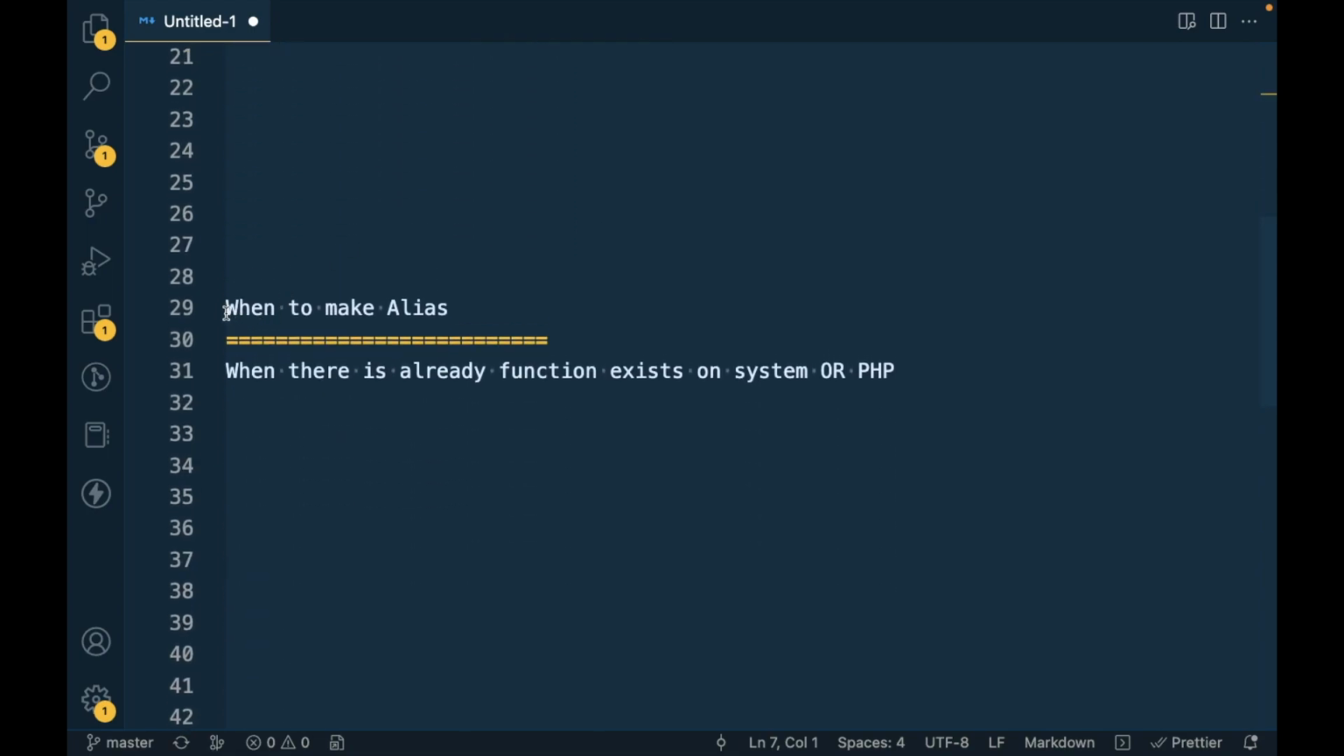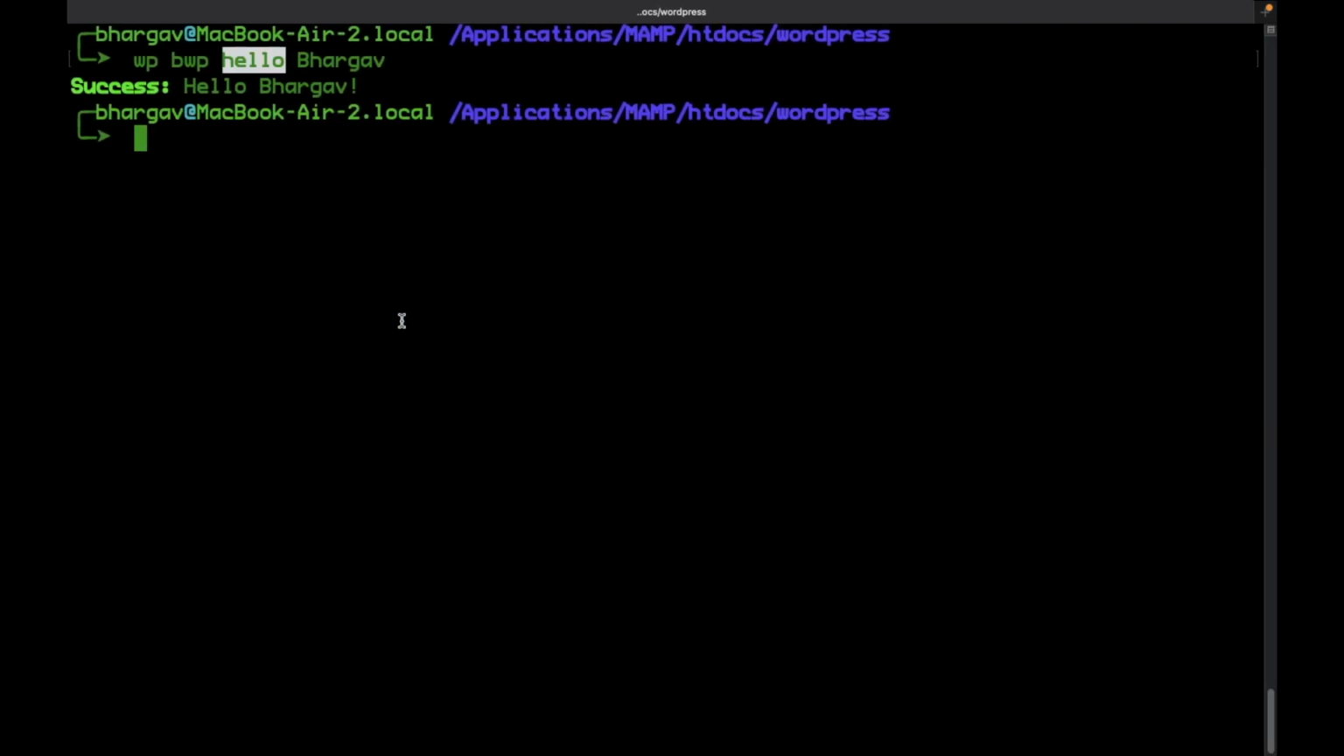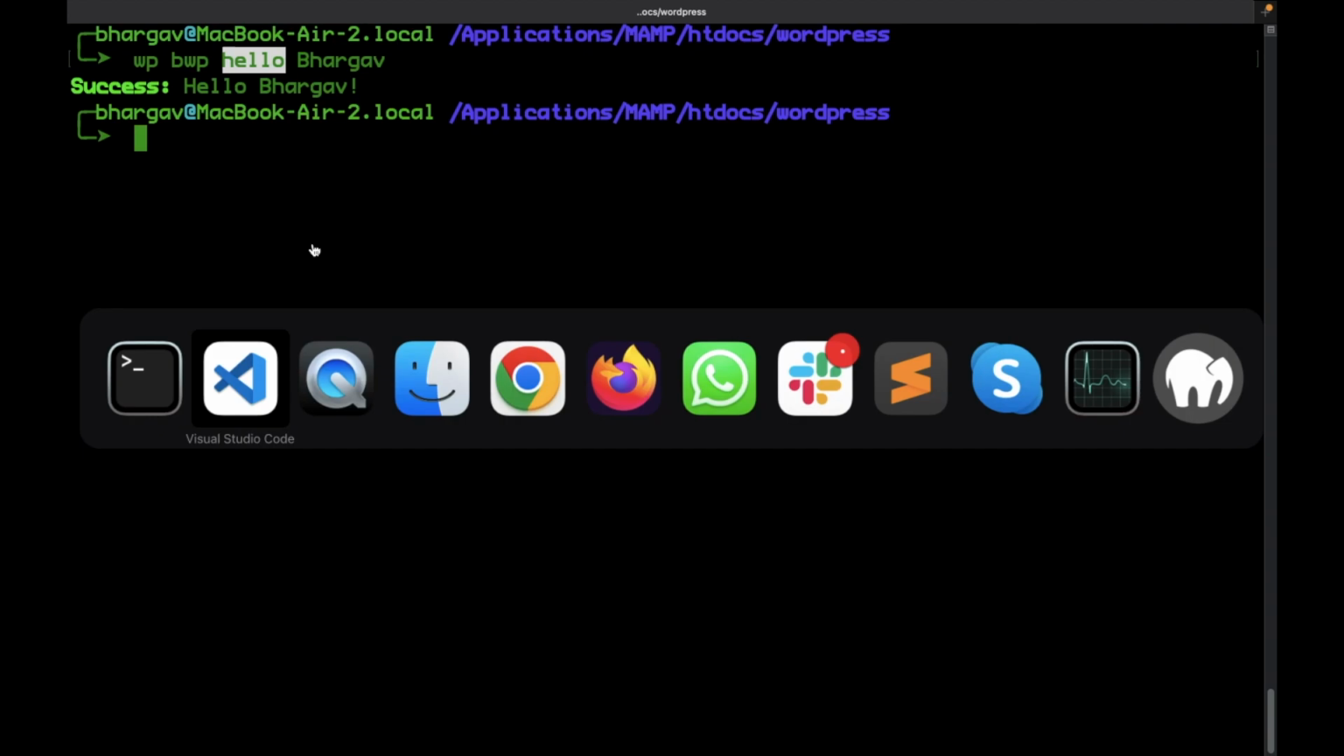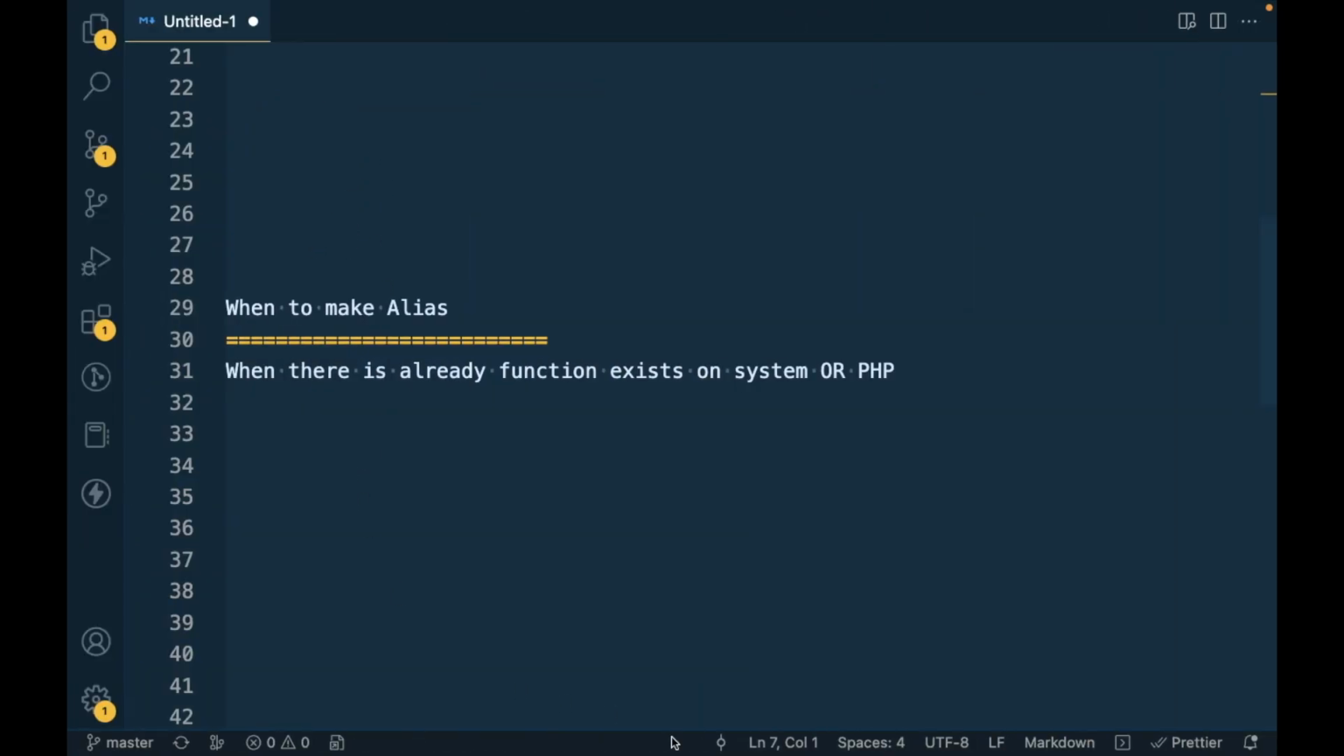And when to make an alias? When there is already a function that exists on the system or PHP, in that case you can make an alias. For example, you are writing a sort function for your custom feature, but sort is already a function in PHP. So in that case, while writing your